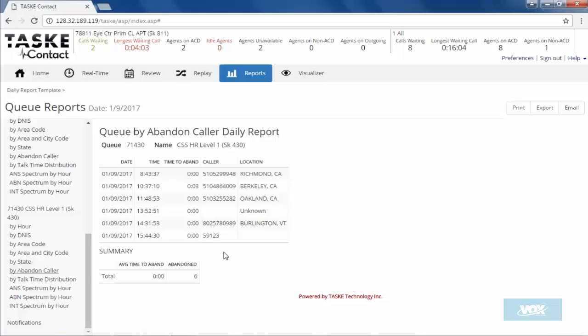And again, too, we can look at the visualizer to see some cases where there might have been a case where this first call actually found an idle agent and would have been answered if they hung on there for 5-10 seconds, but did not. And we'll see if that happens. Okay? For a by abandoned caller report,